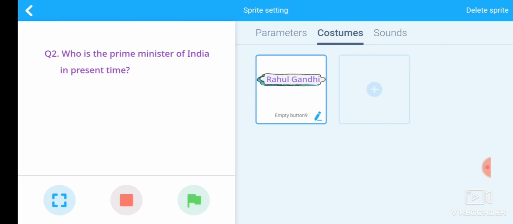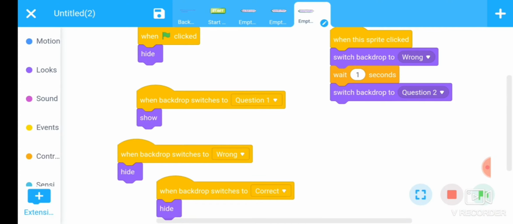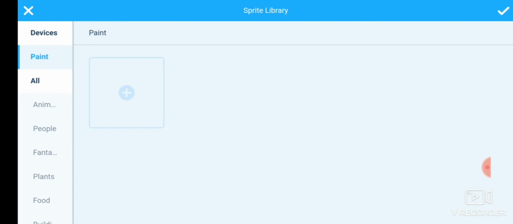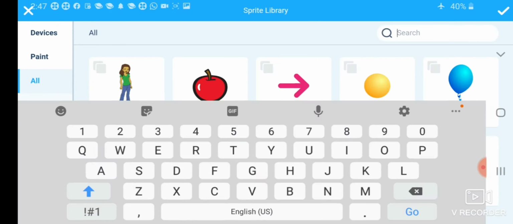Now we will add 3 more options for question 2. For adding 3 more options by same way, again we will add 3 sprite.